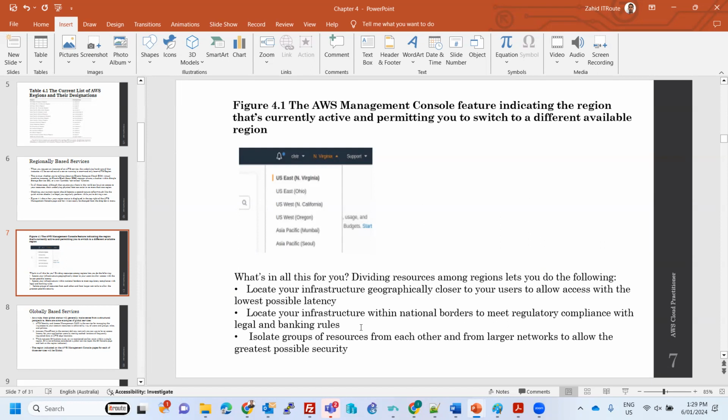It depends pretty much. Let's say your customer is located in the UK. You should use the data centers over there, then they'll have faster access. If your customer is located in another region like Melbourne or somewhere, maybe you can use the data centers over there. In this way, they'll have a faster response. Also, compliance issues: many companies have to keep their data in their country. So if you're living somewhere in Europe, you should use the European data centers. Those are the options we have from AWS.